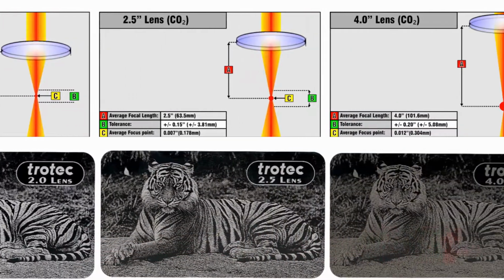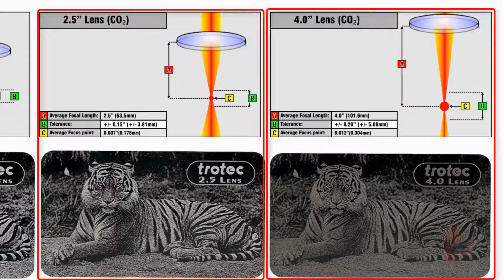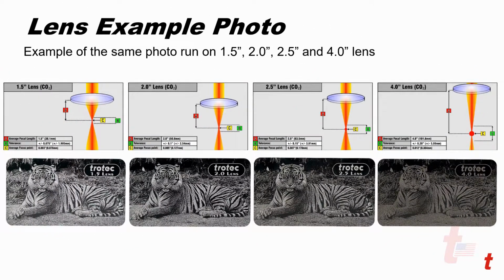So different lenses can make a difference, followed by the 2.5 and, of course, the 4, which is the poorest lens, because the spot size is 12 thousandths of an inch versus 7 thousandths of an inch on the 2.5, 5 thousandths of an inch on the 2-inch lens, and then 3 thousandths of an inch on the 1.5-inch lens. Now, you can have the right lenses, the right photo, the right process, the settings, everything down, the right enhancements when running your photo software. But when it comes down to engraving photographs